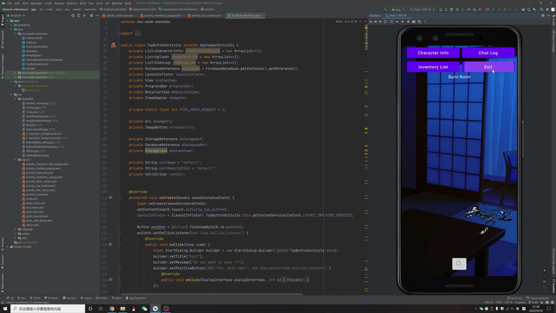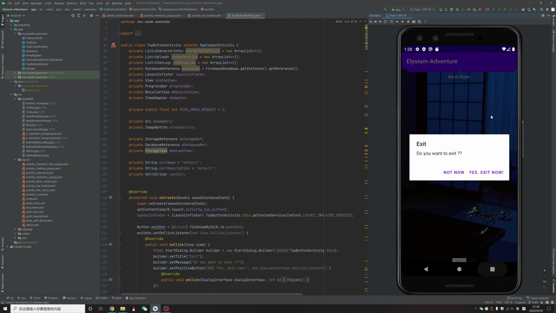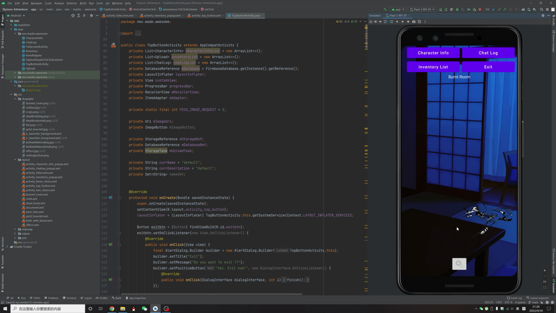The next button is exit. You will see a warning message asking if you want to exit, so you can click on that to go back. And the last button is this